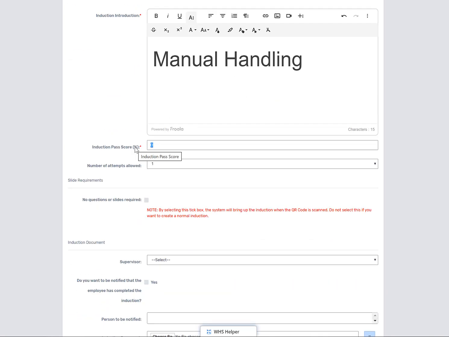Set an induction pass mark. You can allow a person to have numerous attempts. That's for companies who don't want to keep on assigning inductions if a person has just failed one question. Having 3 attempts, the best thing for you to do then is, if the person has failed the 3 attempts,